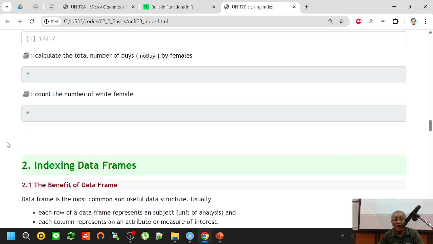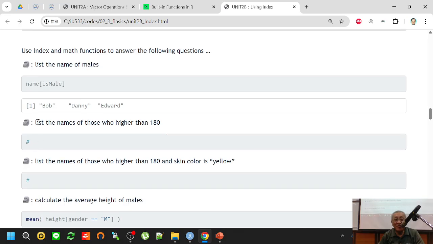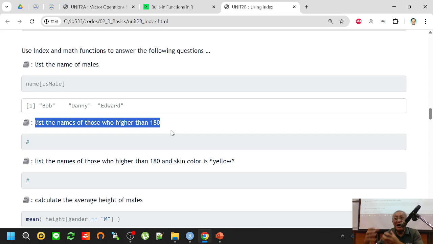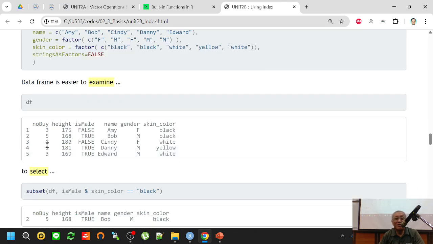In this assignment, I specify the objective, right? I want you to write the program to list the name of those who are higher than. So you need to write a program, okay? I want you to write a program, but